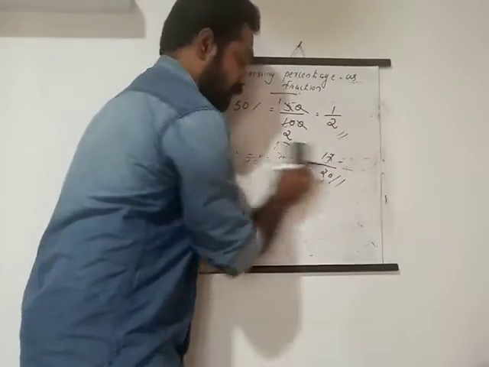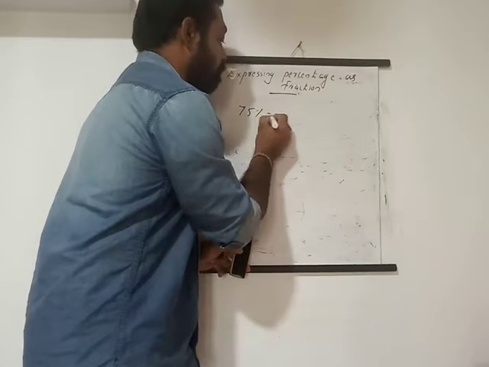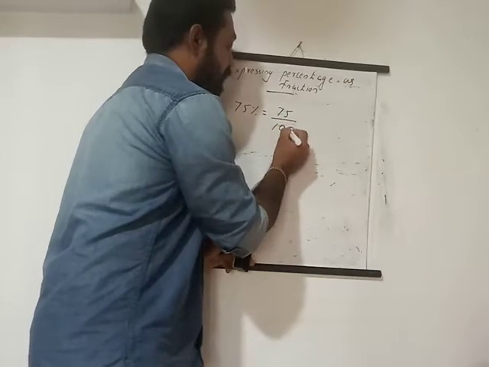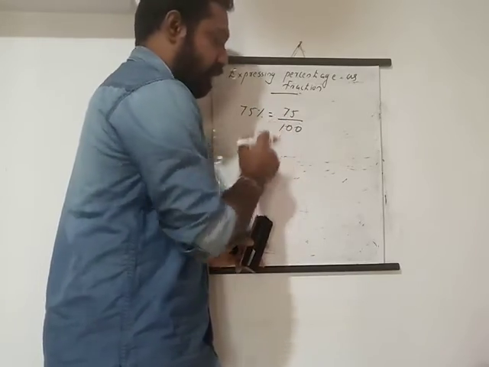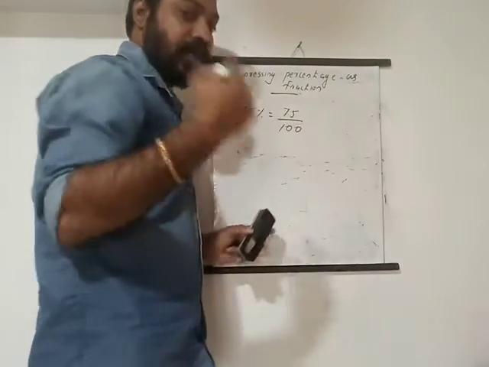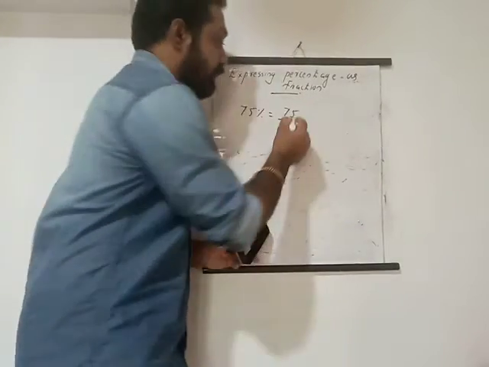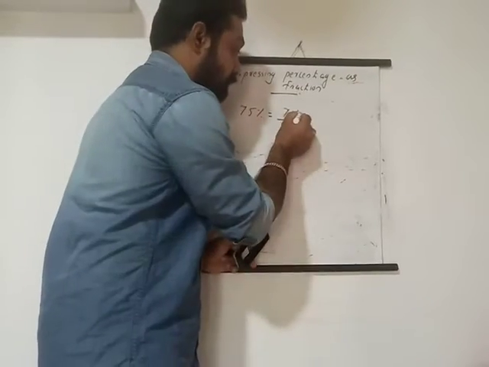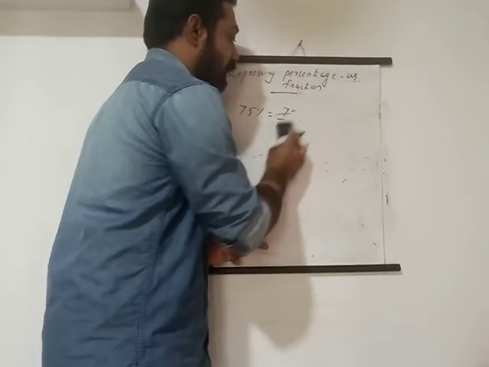One question is from your notebook exercise. 75 percent. 75 by 100 we can write it. 75 means 3 by 4, you will get it. Can we check it? Then you can take 25 here because 25 is a common factor for 75 and 100. Or if you take 5, you will have more divisions to do. If you take 25, 25 times 3 is 75, 25 times 4 is 100. Like that we have to think and write it. So we cut both numbers by 25 and we get the answer simply. 3 times 25 is 75, 4 times 25 is 100. So 3 by 4. You will get the answer directly.